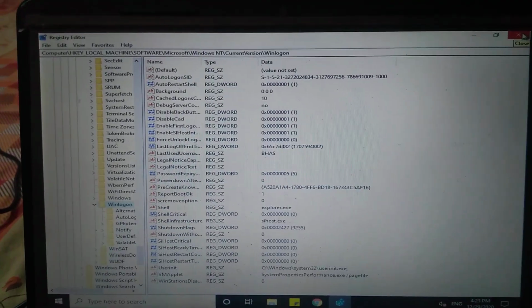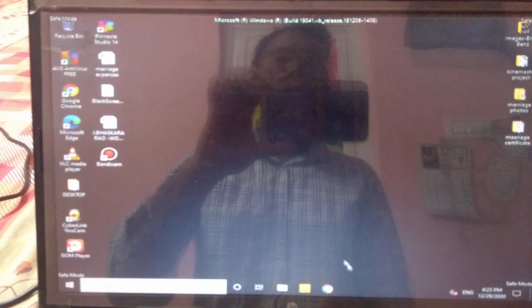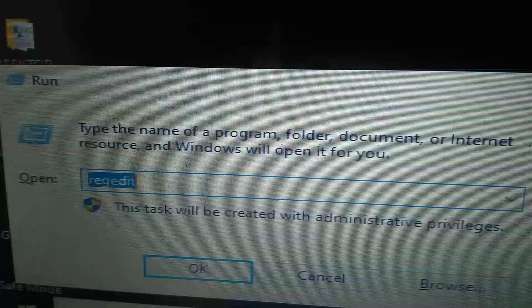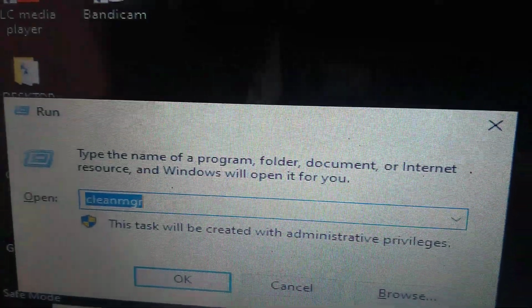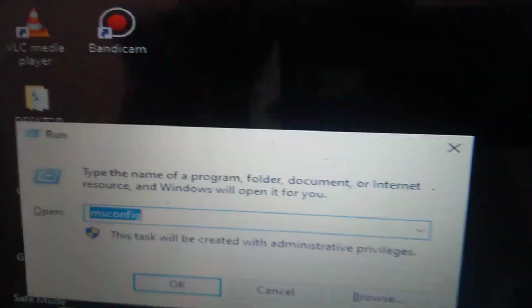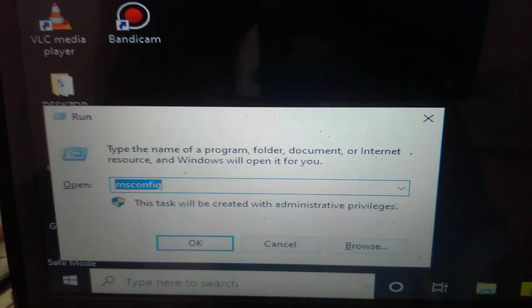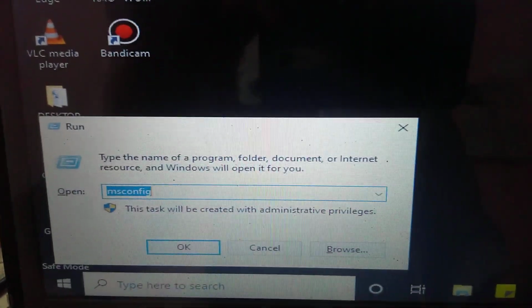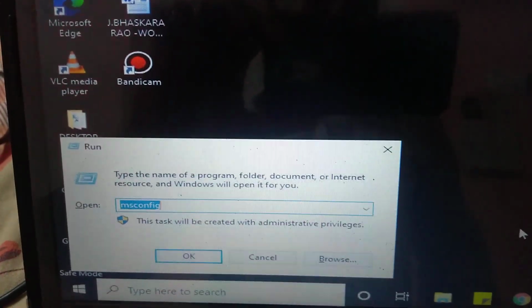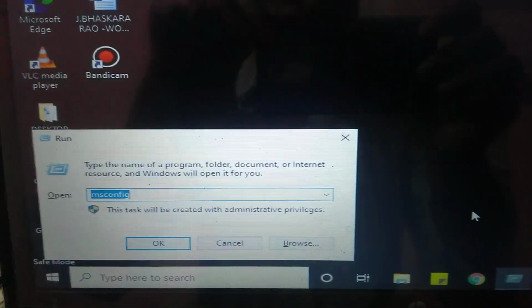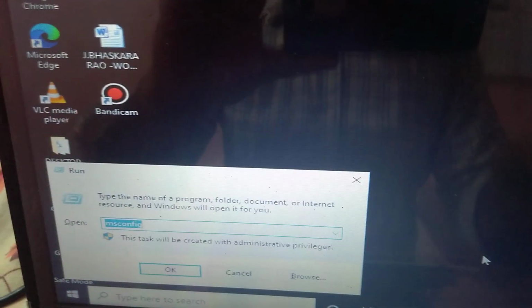The other thing is that maybe your visual adapter is broken. How do you identify whether your visual adapter is working fine or not? Go to Windows Run and give msconfig. Okay, let's see, not msconfig, it is Device Manager.